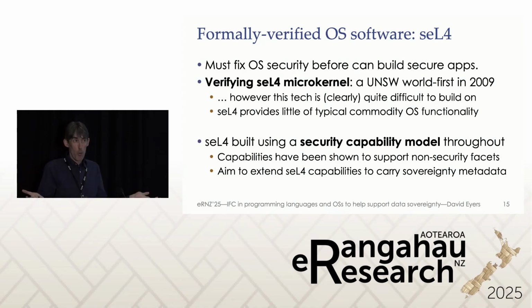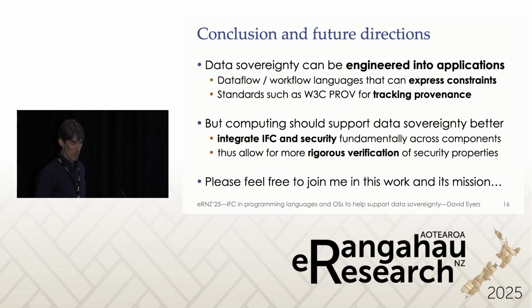And again, it doesn't solve the problem, but it gives you a very different level of assurance in the actual protection these systems provide. So in conclusion, it's totally fine and good to engineer handling data sovereignty into your applications. At the application level, that's fine. This is good. I'm absolutely not arguing against that. We have some good emerging data flow and workflow languages that might allow you to track things like this metadata through those systems increasingly easily. There are standards for tracking provenance, and these are good tools that you can use if you want to keep track of metadata traveling through your system.